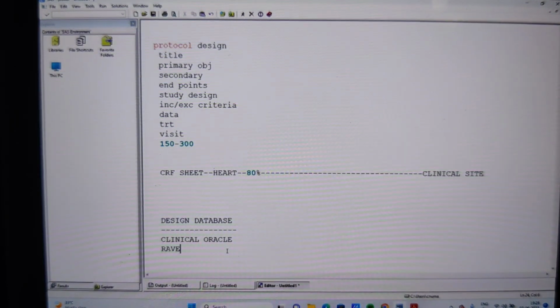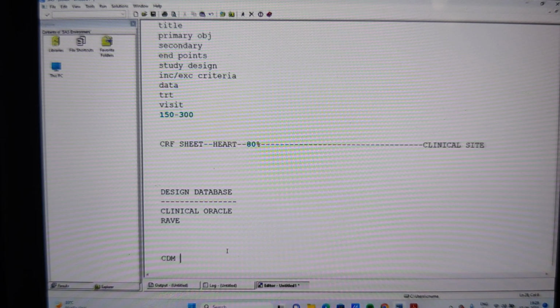Once the database design has been completed, we are going to set up the CDM department and choose the CDM team. Once the setup is ready and the CDM department has become ready, we are going to give the signal to the clinical site: yes, we can initiate, we can start the clinical trial. So we are going to send all the empty CRF sheets to the clinical site, and all the treatment information and treatment medications. We are going to submit everything to the clinical site.